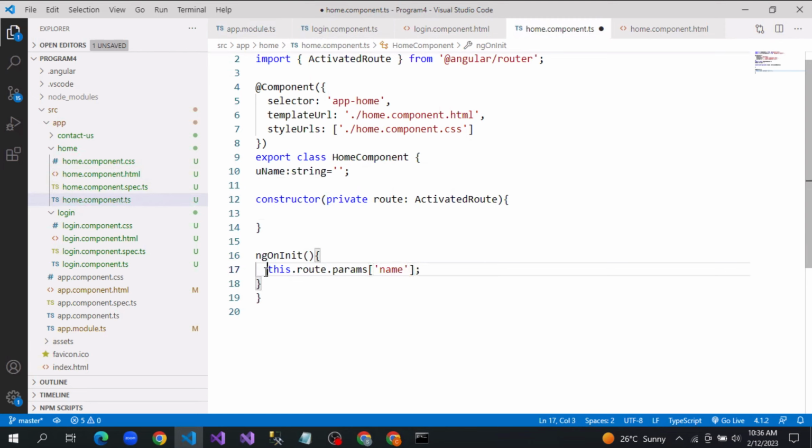Let's try this. If it doesn't work, we will use other one. This dot uname is equals to